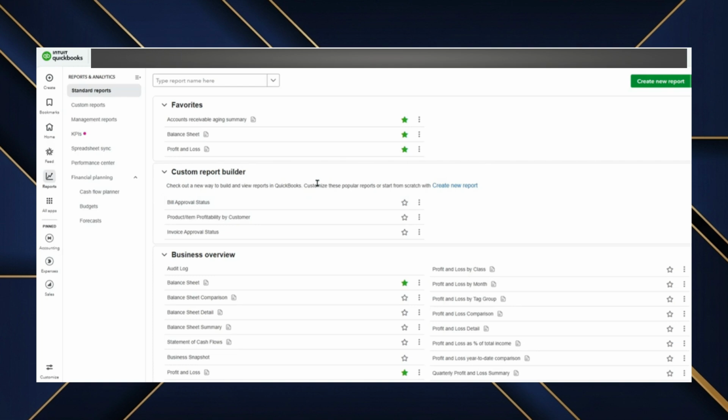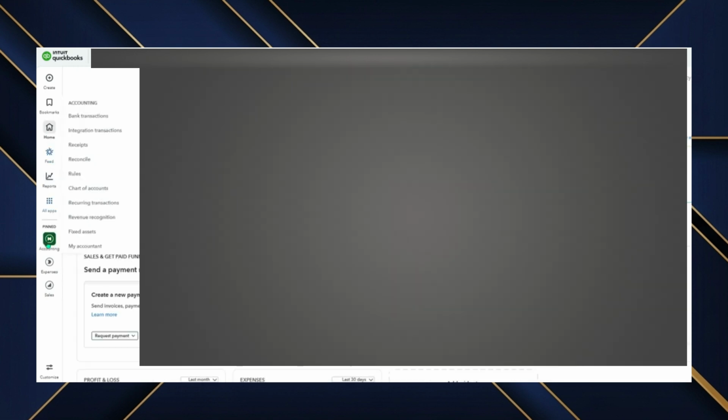In this video, I'll show you how to record personal expenses in QuickBooks Online using the new interface so your business reports remain clean and only reflect actual company activity. Start by opening the Transactions menu on the left panel and going into Bank Transactions where all downloaded entries from